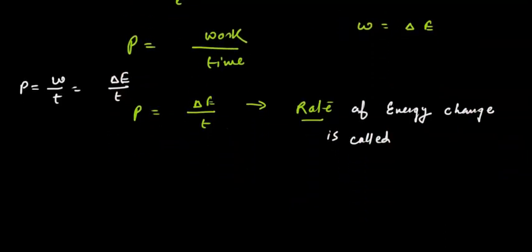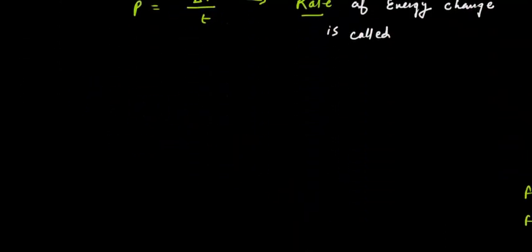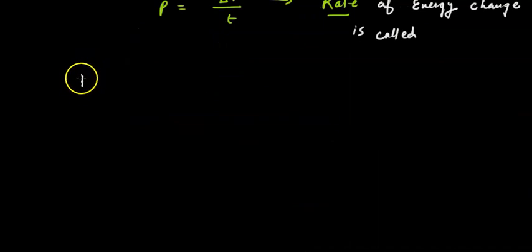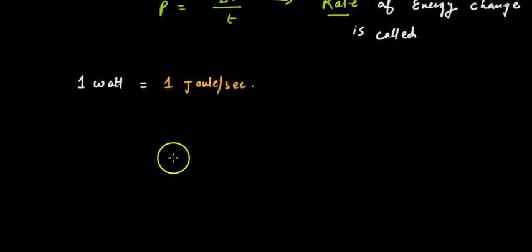Let's talk about the unit. Earlier we discussed that 1 watt is 1 joule per second. So how can we define the watt? How can we define 1 watt? We can say that when 1 joule of work is done by a body in 1 second,